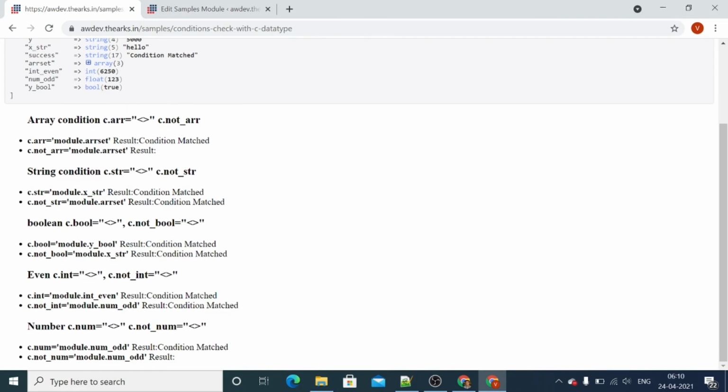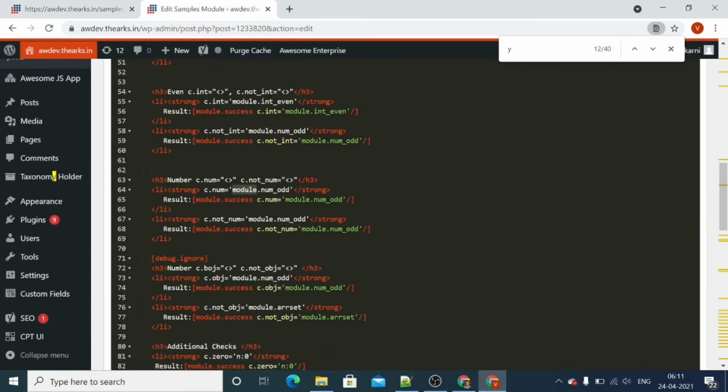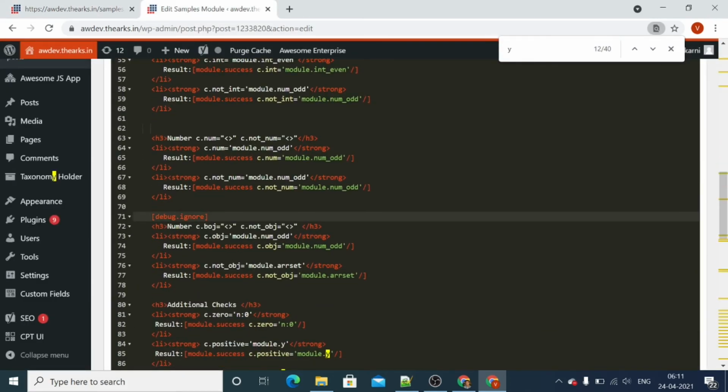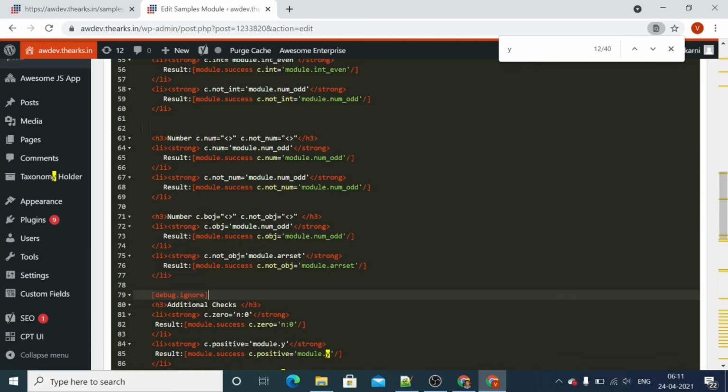And the c.notnum condition on module.num is not satisfied because module.num is of type number, so we didn't get the output for this.